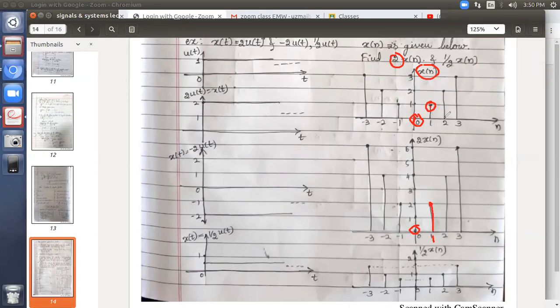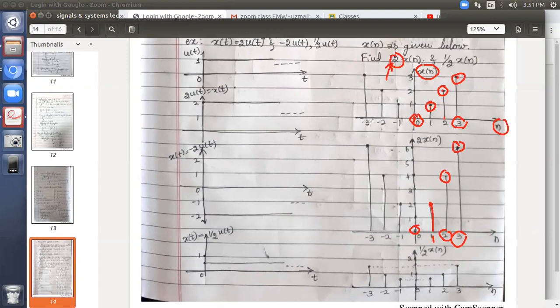Now at time n equal to 2, see here it's discrete time, the amplitude is 2. Hence 2 into 2, you will get 4. You can see here 4, that too at time n equal to 2. Now coming to n equal to 3. The amplitude given is 3 in the question. You have to multiply it with 2. So 2 into 3, you should get 6. So at time 3, you will get the amplitude 6.